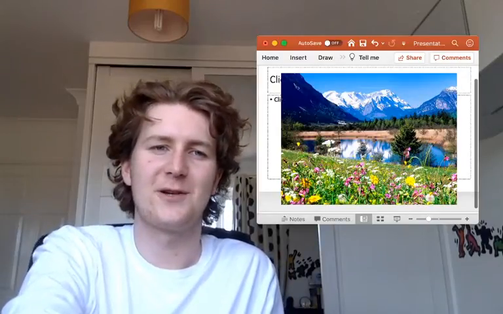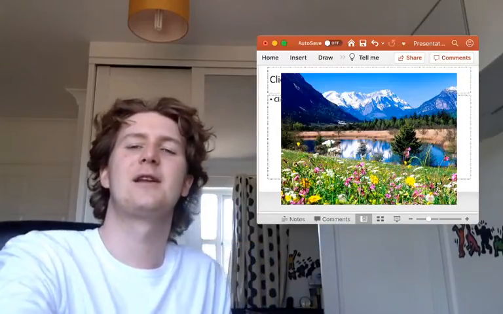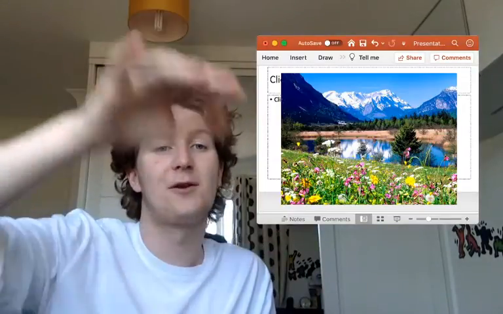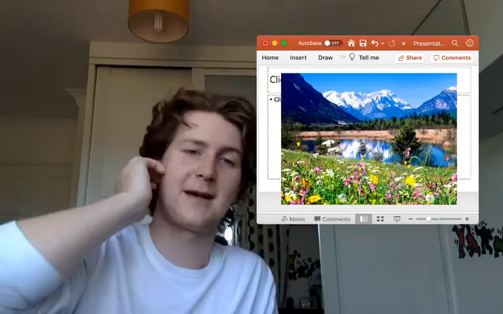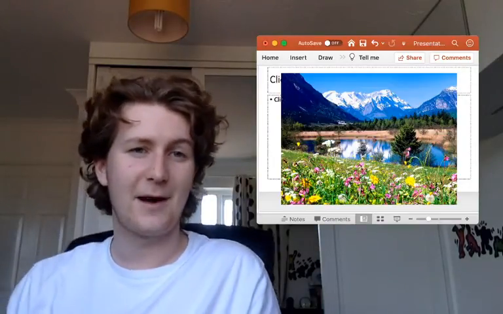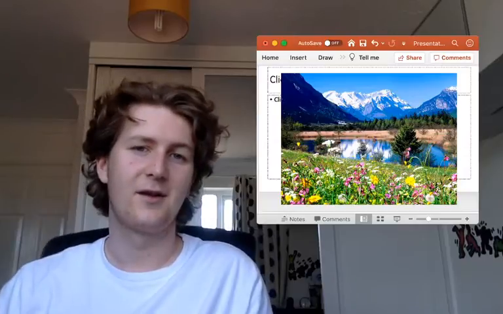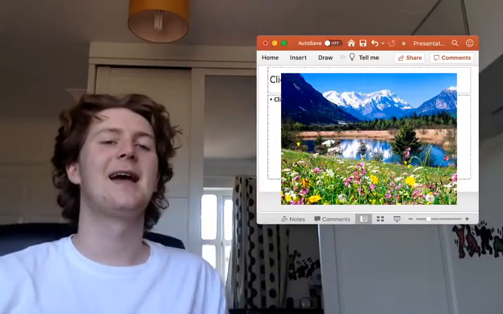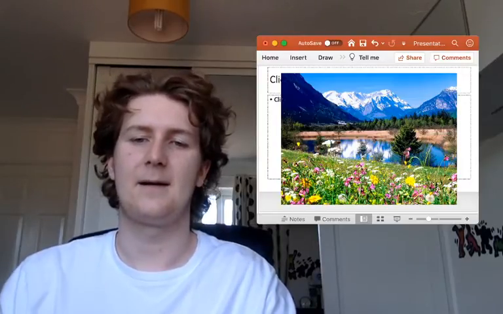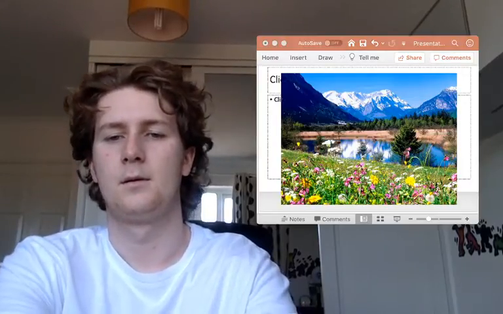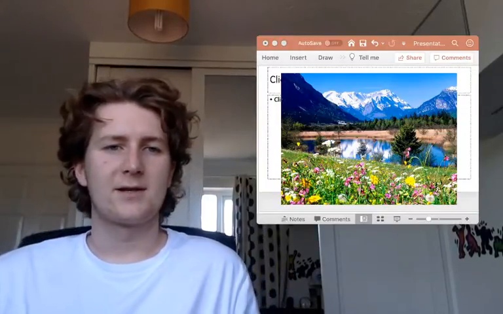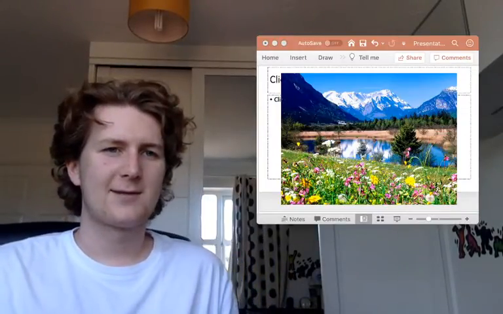Reflection, that'd be a good word you could say. So when you look in the mirror, or if you can see something in another surface. So in this example, you can see the mountains in the lake. You could say that is a reflection. That's a great word, isn't it? Reflection. What else can you see? All sorts of different flowers.